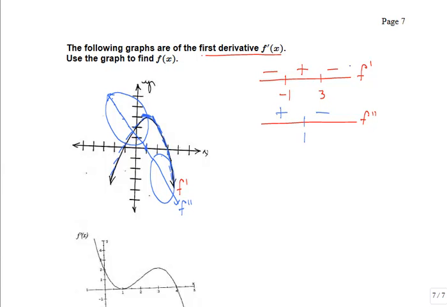So now we have our two number lines, so we should be able to get the graph of our original function f. And the way we do it is just like we've been doing it today, sketching in all of our different possible shapes. So I'm going to put in my little lines for each of those critical numbers. This is decreasing, increasing, increasing, decreasing. This is concave up, and then concave down, concave down. So out of my 4 choices,